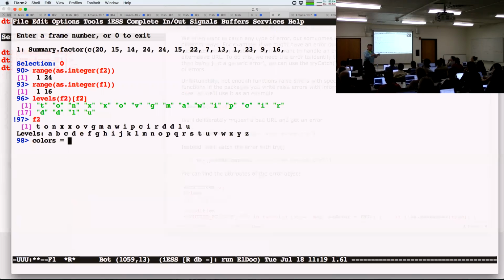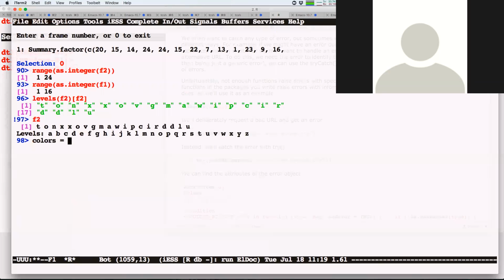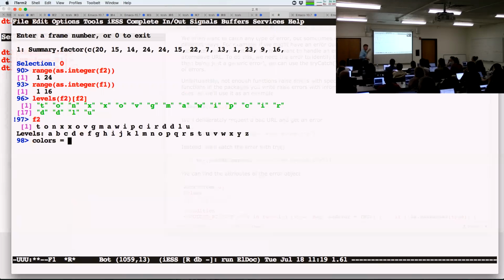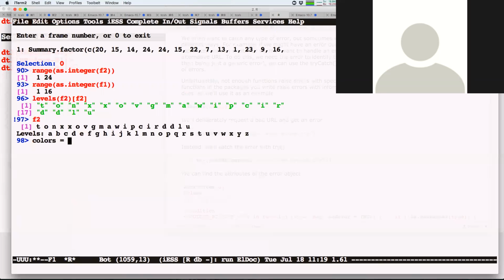So if I want to plot x against y and color code based on this categorical variable, I just need to find the 26 colors I want to represent the different categories. Then I subset them by the factor itself because it's an index into the level set. Does this make sense? These are set up to be convenient ways to index into other parallel vectors that parallel the level set.